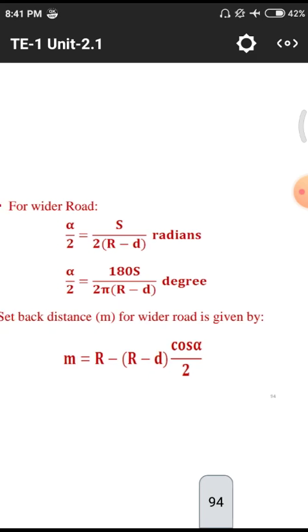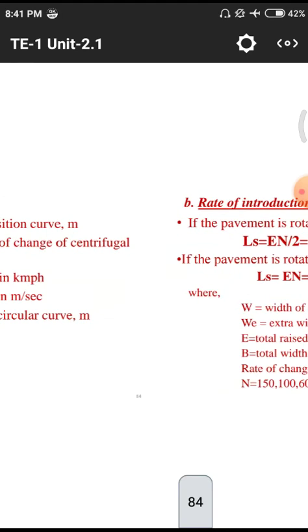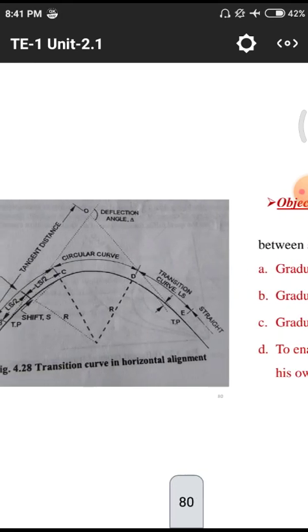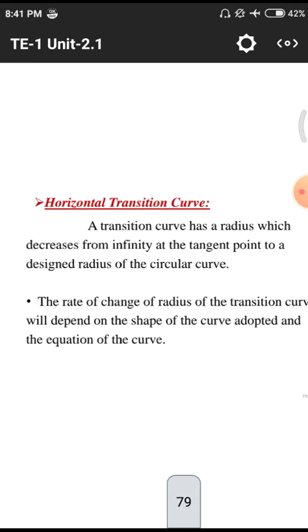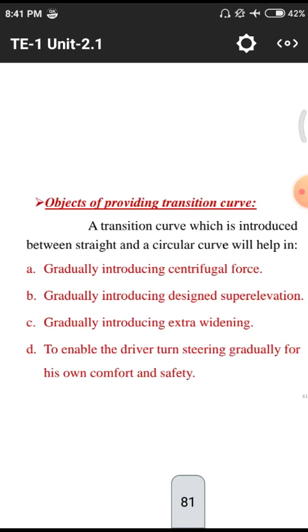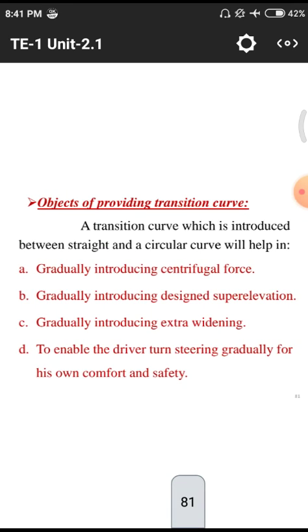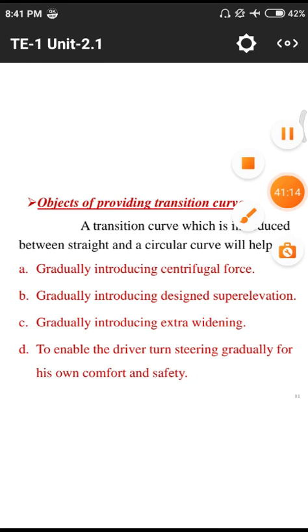Okay, this is today's topic. What we discussed is the horizontal curve. Today we discussed the factors affecting the horizontal curve, and how to nullify those factors depending upon centrifugal force, that means super elevation and some extra widenings. Those three topics are included with these horizontal curves, and those things were discussed in today's class.